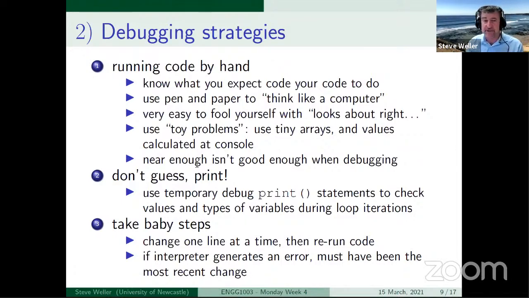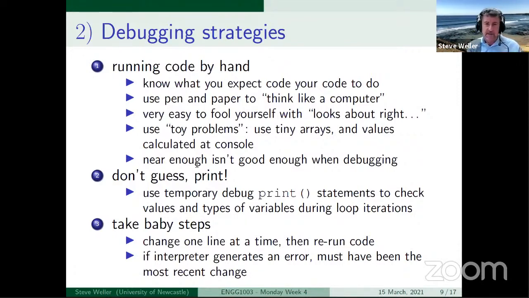On Discord, I've seen a bit of chat with students saying, "Yeah, I think this is an array that I'm printing out," but they're actually printing out an array element, one element of the array, and I think it should have this value. Don't guess at the value. You've got the ability to use print statements. Put them in. Just check what it's doing. If you're guessing what a computer program's doing, then you're using part of your brain to make a leap of faith, when you should just be getting the program to tell you how it's operating.